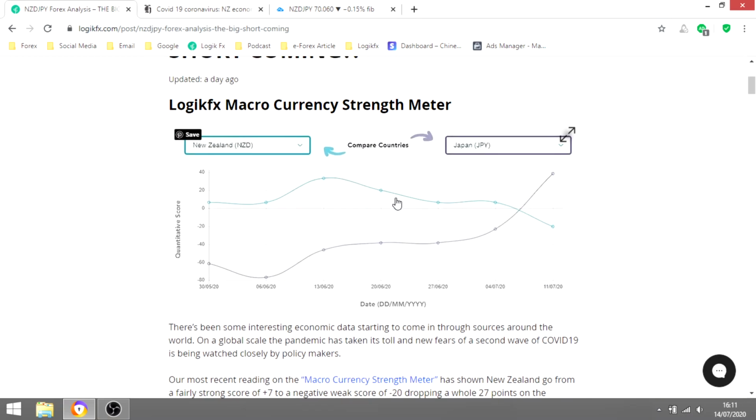And in this analysis video, I'm going to go over the steps I took to come up with this short idea, so that you can then have a go yourself and think on an economic level how you're going to approach trading Forex. So firstly, step one in the analysis is always looking at the Logic Effects macro currency